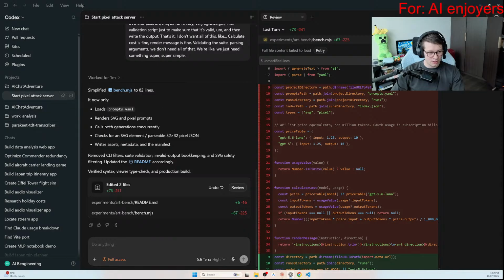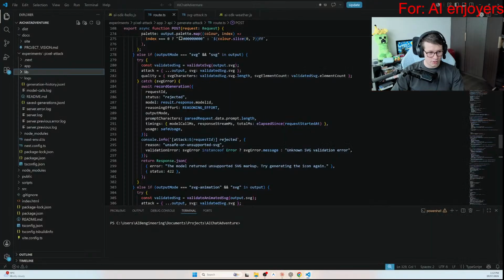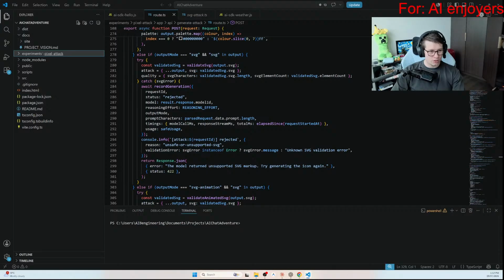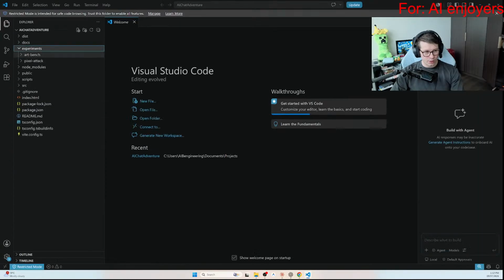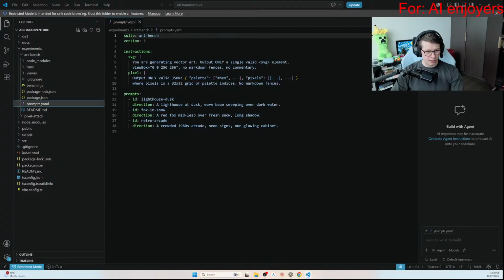So what have I got? VS Code. We want to go into a different folder completely. We want to go into here, into here, into here, into here. And we want to open up Artbench, and we want to have a look at prompts. So, our